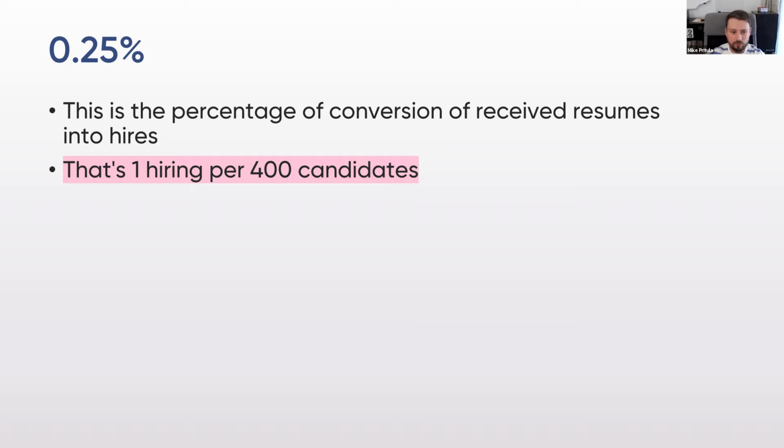As a result, Google's hiring conversion rate from received resumes is 0.25%. That's one hire per 400 candidates. We were building about the same process, and I'll tell you it's a great conversion rate. In other words, until you have about 400 candidates at the top of your funnel,